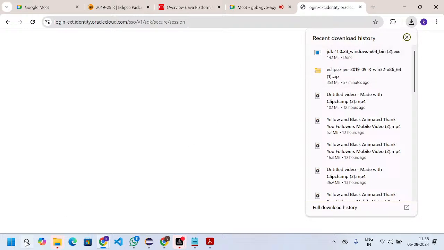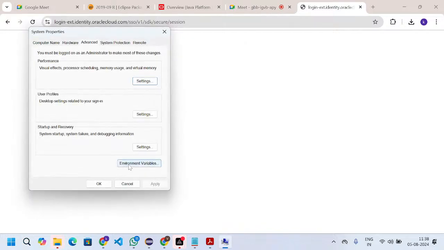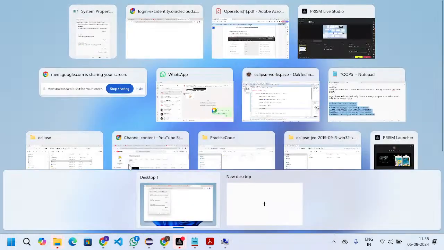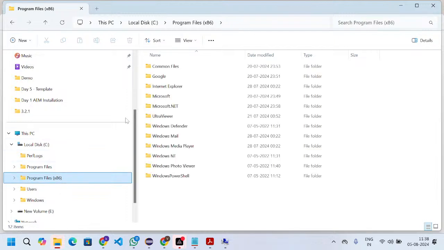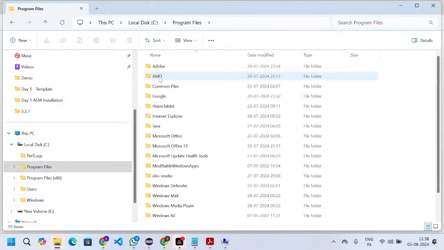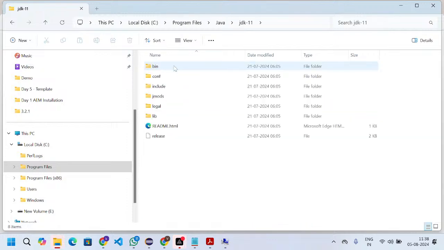After that, we need to set the environment variables. So edit the system environment variables, where we have the option environment variables. We need to take two paths. One path: if I open my system, This PC, C drive, Program Files, Java, JDK, and then bin.